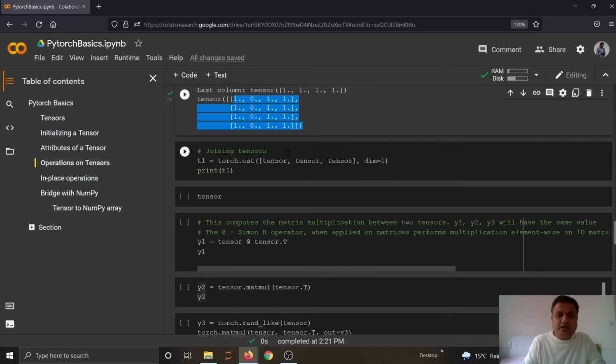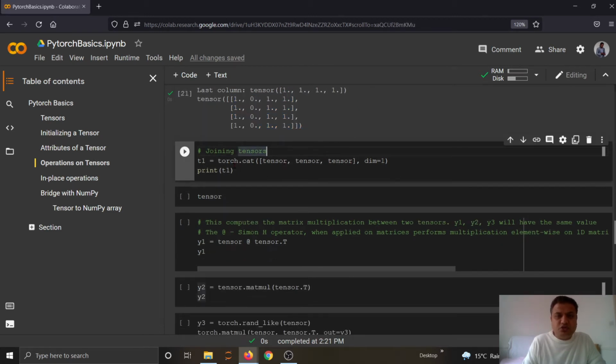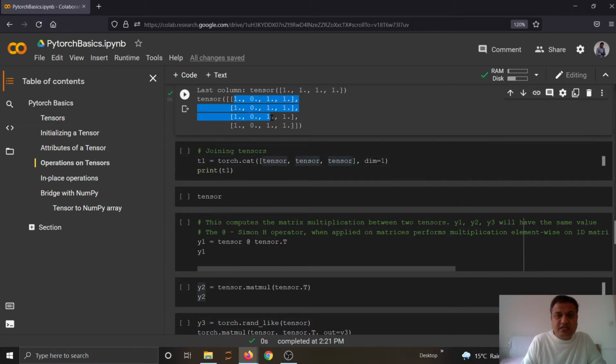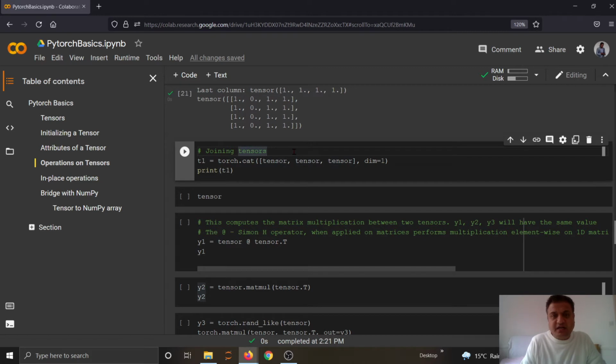Now how to concat tensors? torch.cat is the function. You give first the tensor, and I am giving the same tensor again and again. Thus the same tensor is given 3 times. Right now the tensor looks like this. So if you concatenate it to itself 3 times,